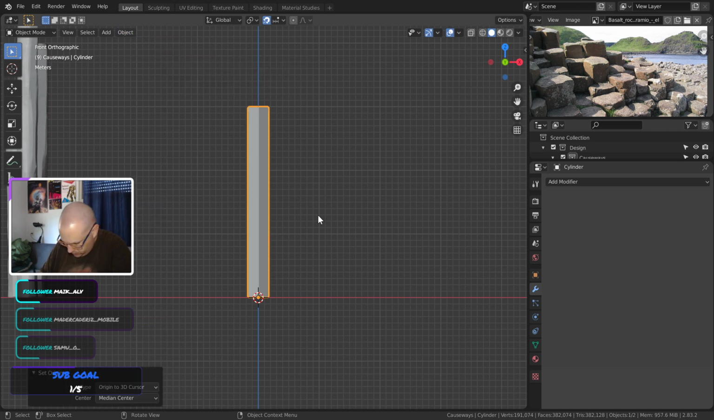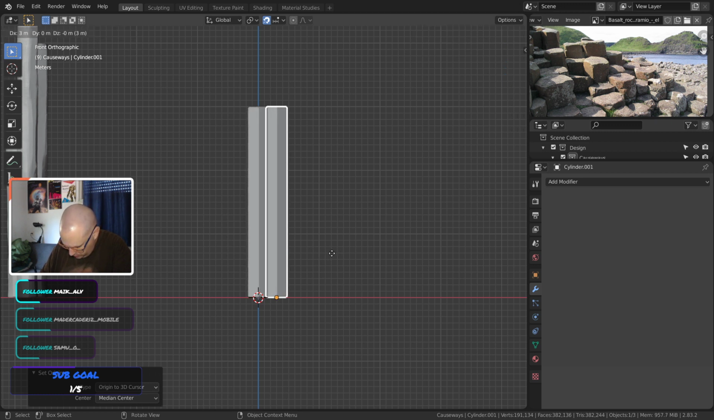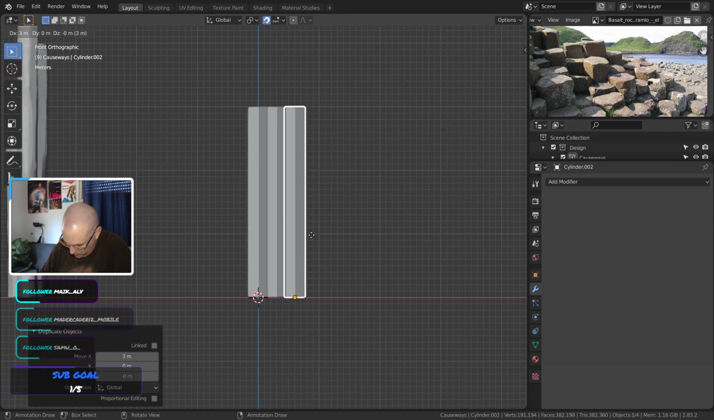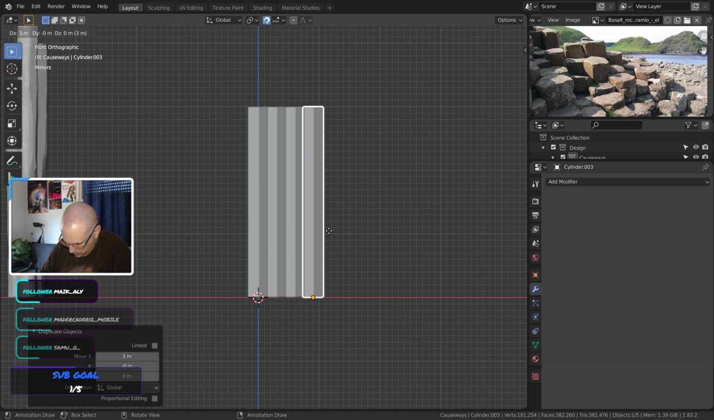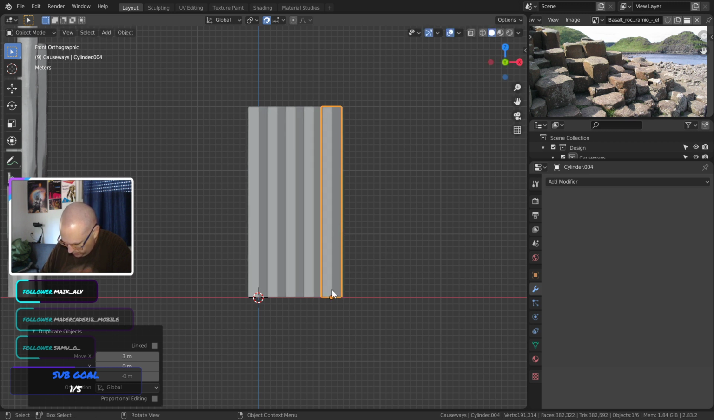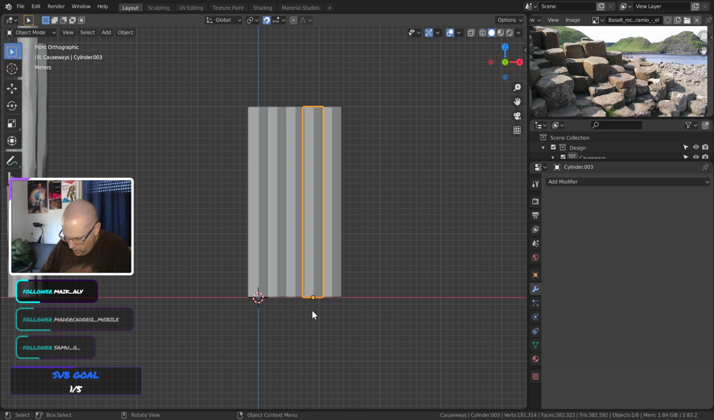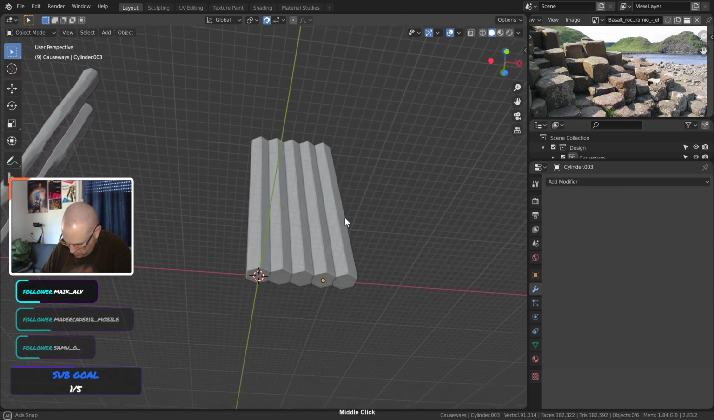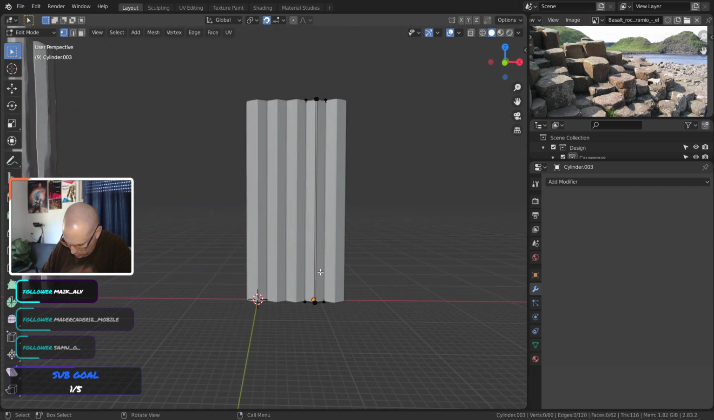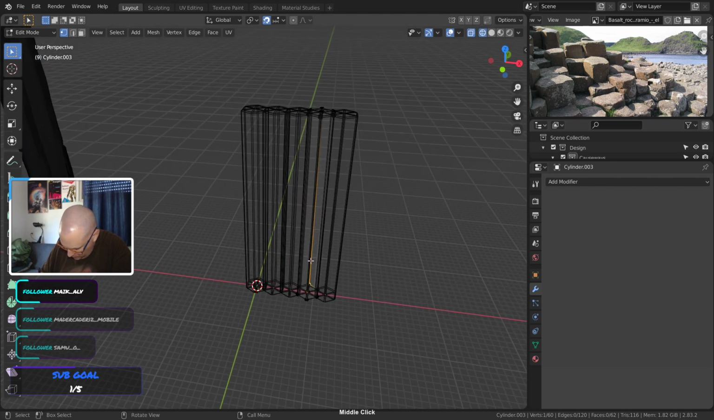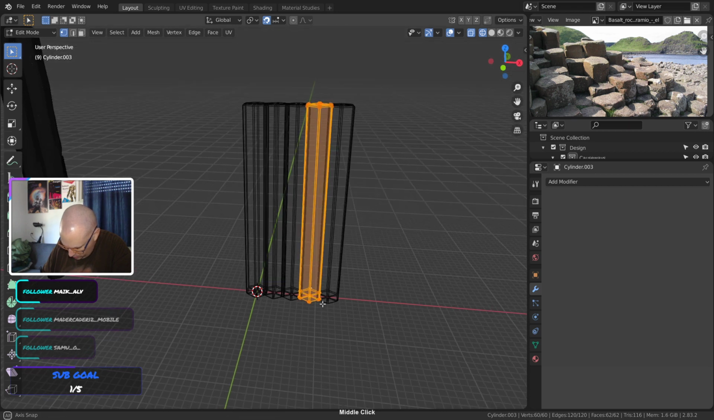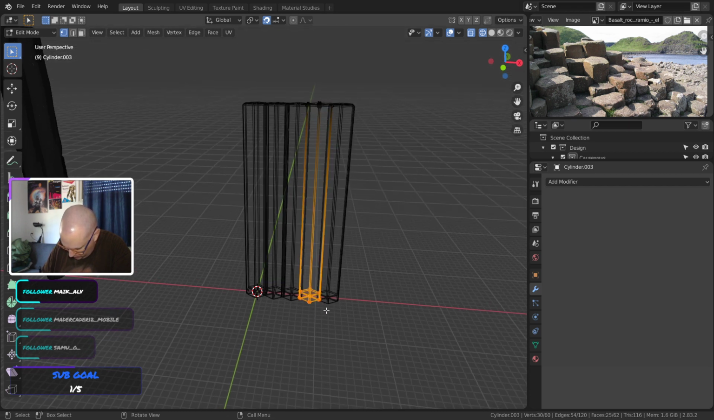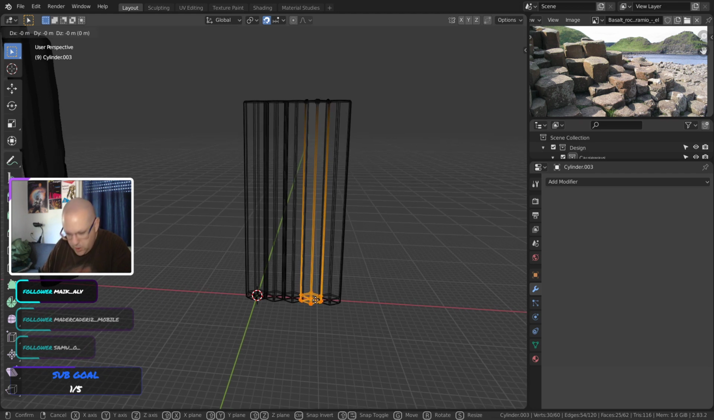Origin to 3D cursor. Going to duplicate it like so, and again so, and let's do like 5 of these, but the middle ones, I think I want to do it in edit mode. Give me wireframe. Select all. It's only this one, right? Yes. So like G, Z,